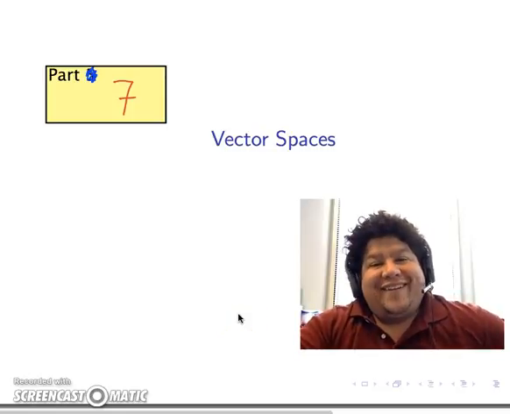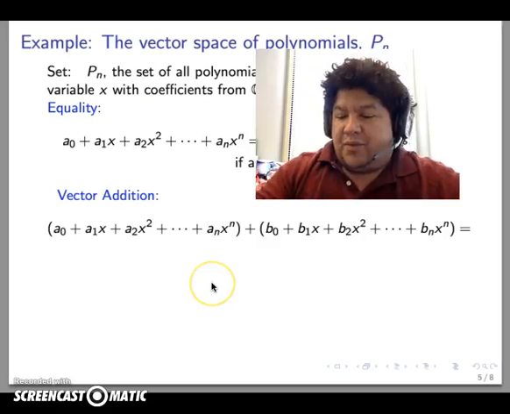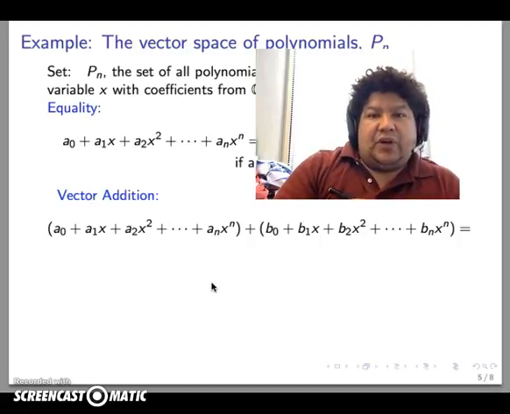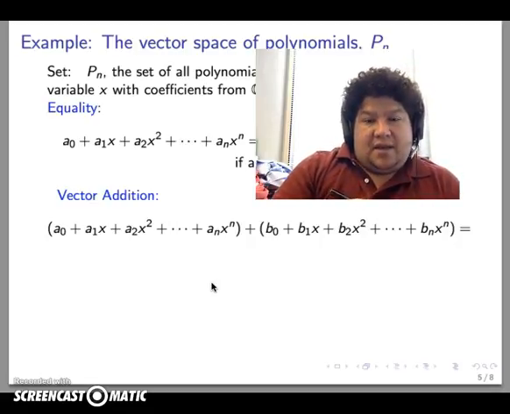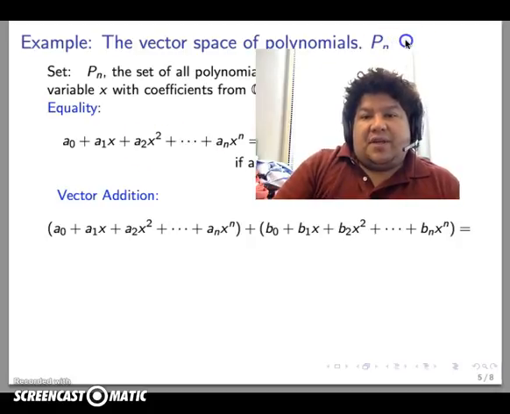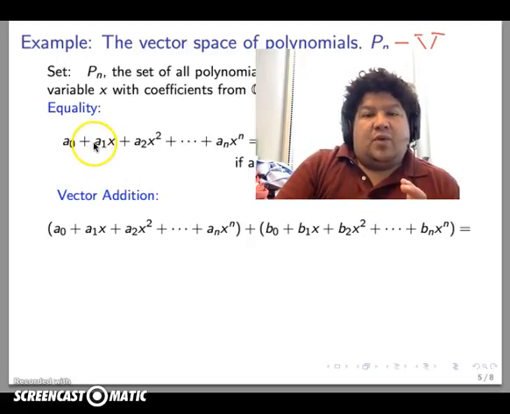Welcome to part 7 of vector spaces. So we're working with P sub n, the set of all polynomials of degree n or less with coefficients defined to be complex numbers. So here we want to think of P sub n to be what we were denoting as V, okay? And so we're considering what is the equality on this set V and what is going to